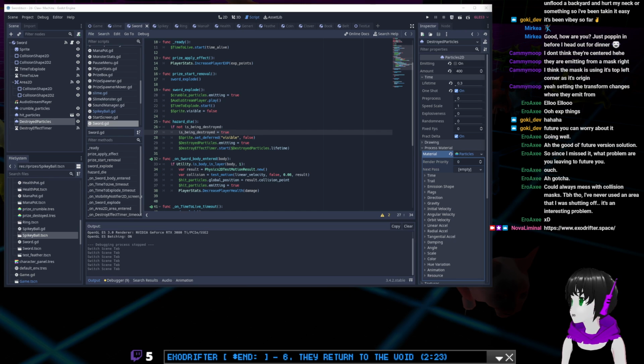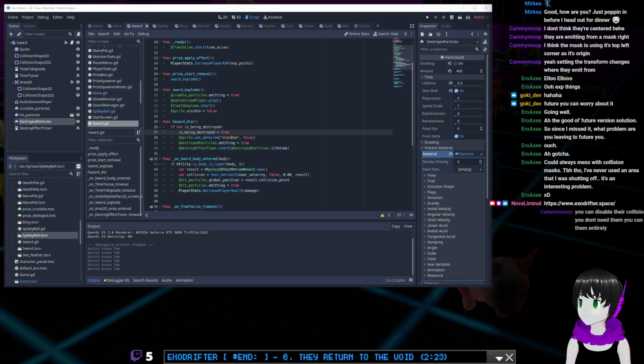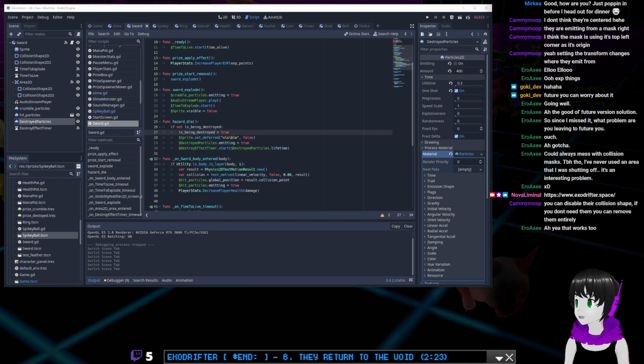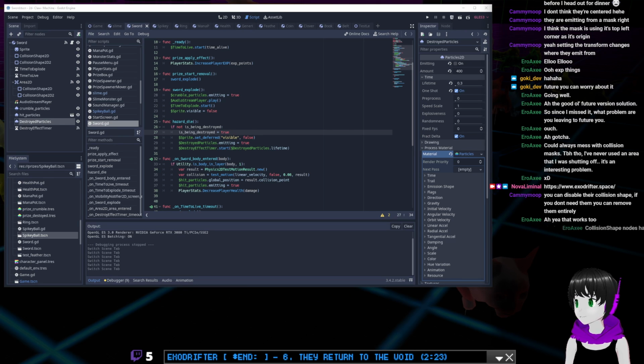This could always mess with collision masks. To be honest though, I've never used an area that I was shutting off. It's an interesting problem. I feel like you can disable their collision shape, and I could remove them. So I actually did know how to do it. I just didn't know I knew how to do it. Collision shape nodes have a disabled. Yes. And I've used that before extensively